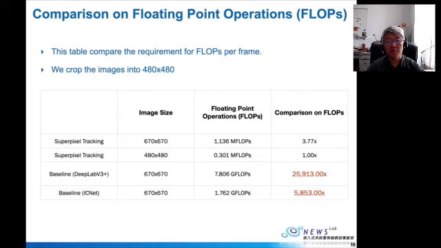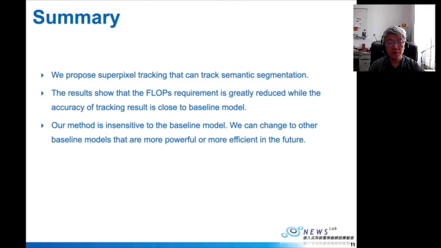This slide shows you the comparison of the floating-point operations. As you can see, when we use 480 by 480 as a baseline, the computation workload is 25,000 times more than the superpixel tracking. If we use a low computation complexity algorithm for semantic segmentation, we still require 5,000 up to 6,000 times more computation to have a similar result. So in summary, we propose this superpixel tracking algorithm to track semantic segmentation results. We minimize the use of computation